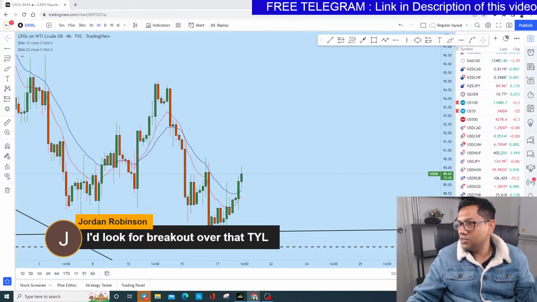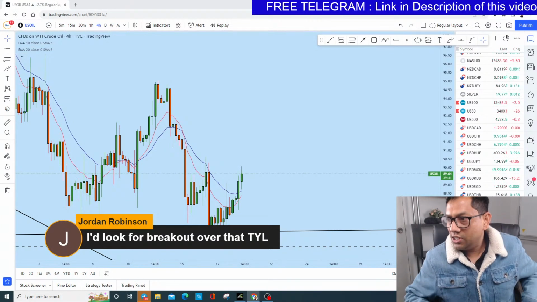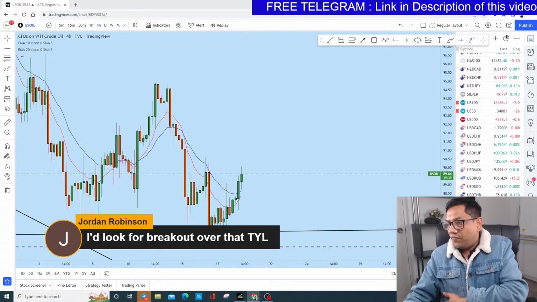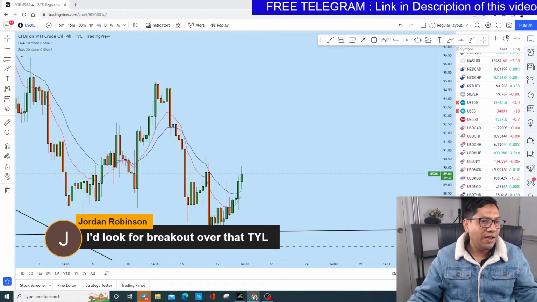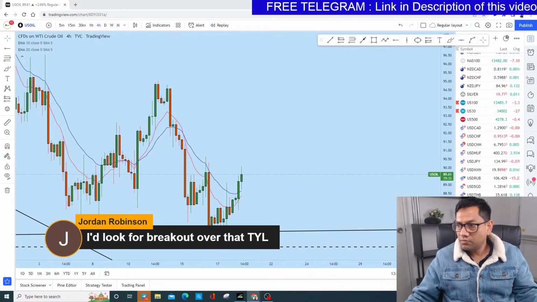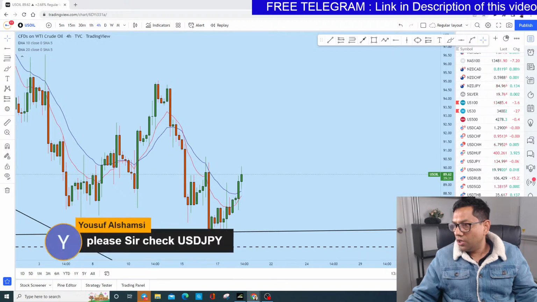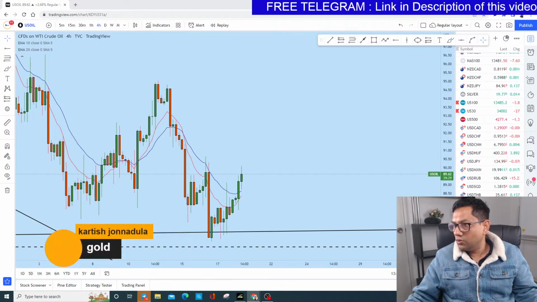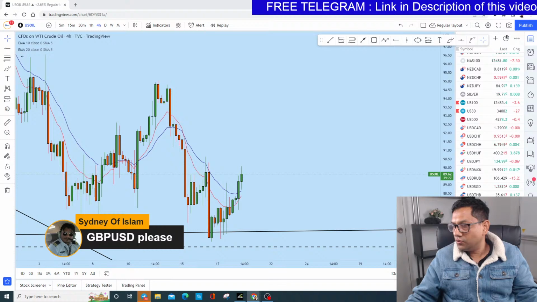Okay, can one set a sell limit at the 50% retracement for a 4-hour doji? Not always, but in most cases, you see that this 50% retracement level is respected in a doji in the long week. So please check dollar yen and look at it. Gold, GBPUSD. There is a lot of confluence in GBPUSD.